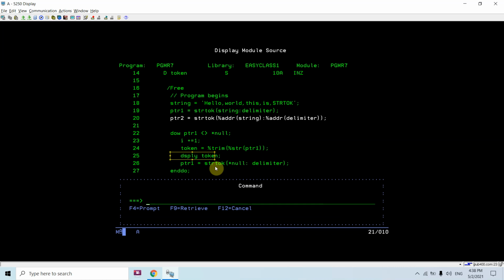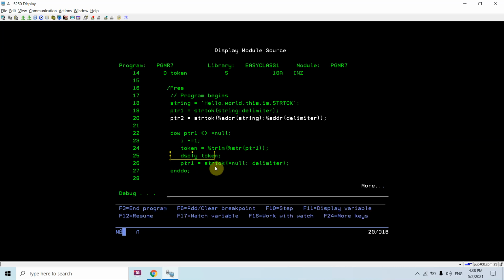So check for CCSID 273 and the EBCDIC encoding, then you will find these hex values. Else you will get other hex values for the same hello if the CCSID is different. This is how it works.